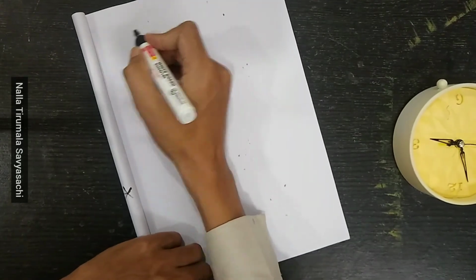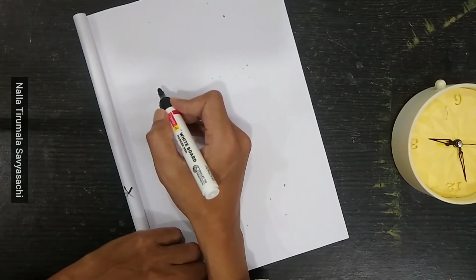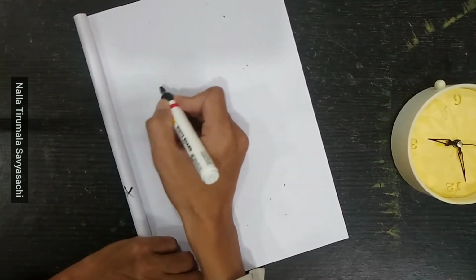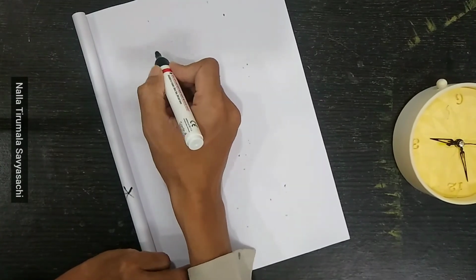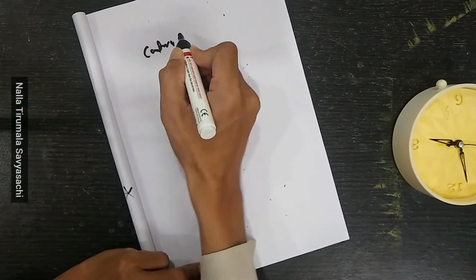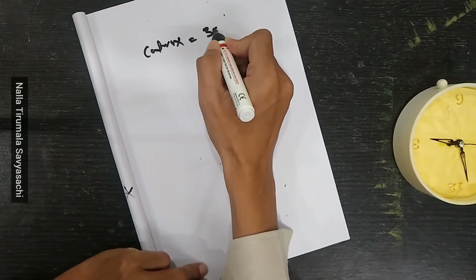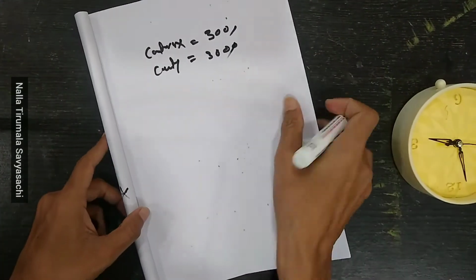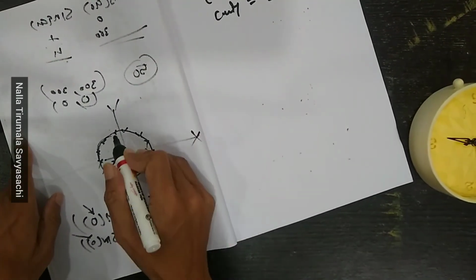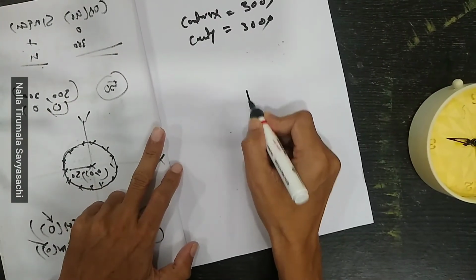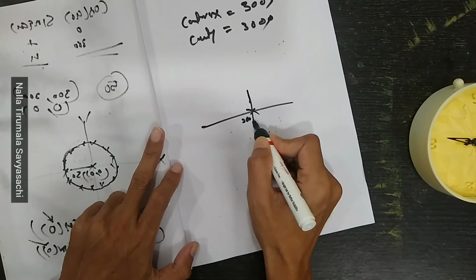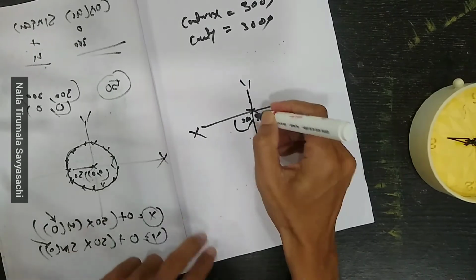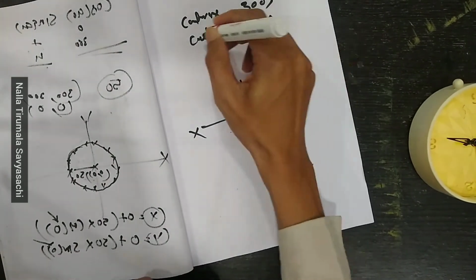For example, if we want to draw a circle by using some computer program, what exactly do we need to do? We need to know what is the center point of your circle. Center x equals 300, center y equals 300. That means I want to draw a circle with center from this point. This x, y coordinate is 300, 300. So the center point of my circle will be this.